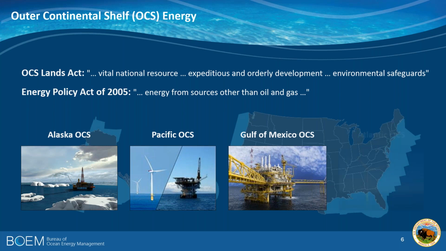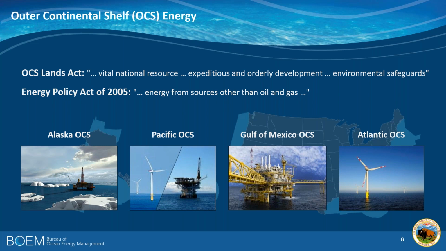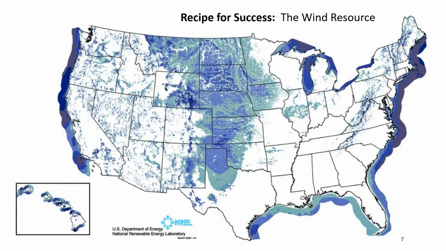And the reason the Atlantic is so promising is because the fundamental needs for successful offshore wind are in place. The first is indeed the wind resource itself. And as you can see from this map, which I need to update, the National Renewable Energy Lab has identified that both the East Coast and the West Coast in the US are world-class wind resource areas.